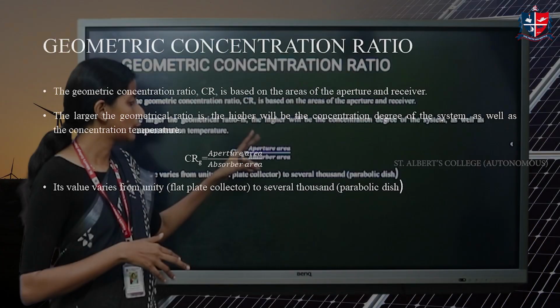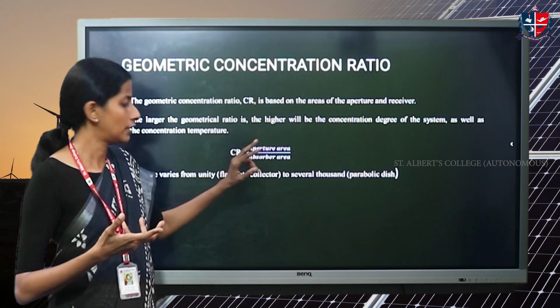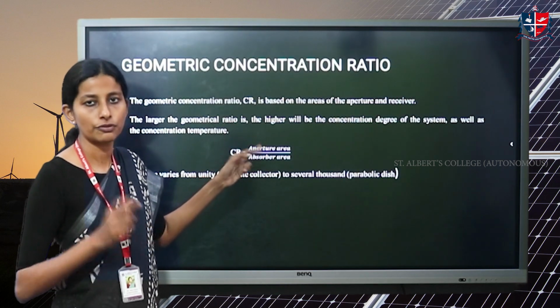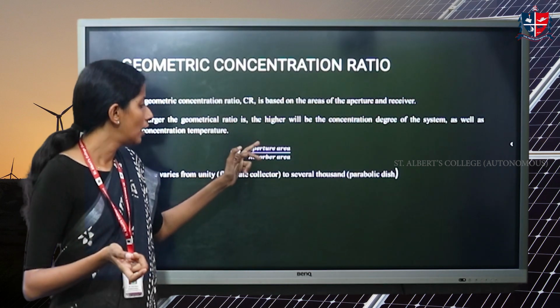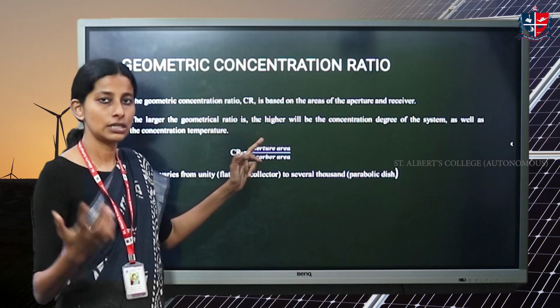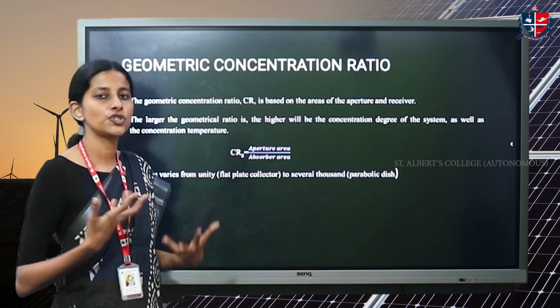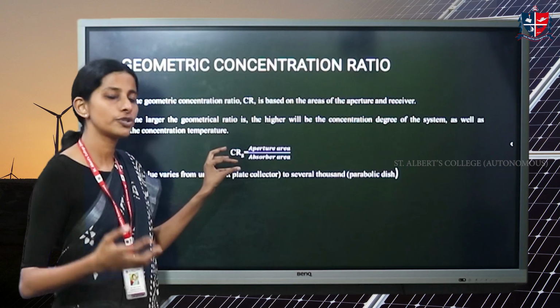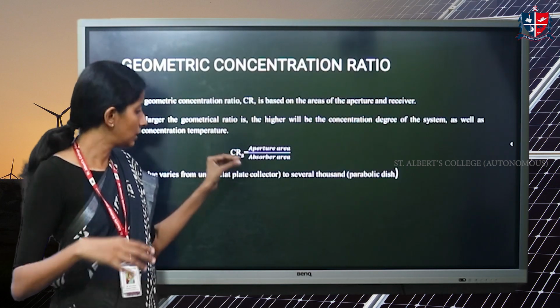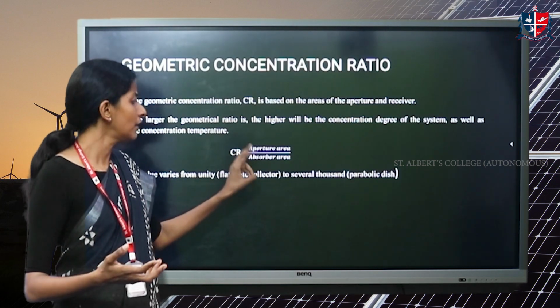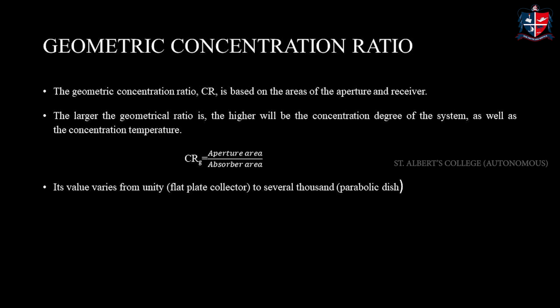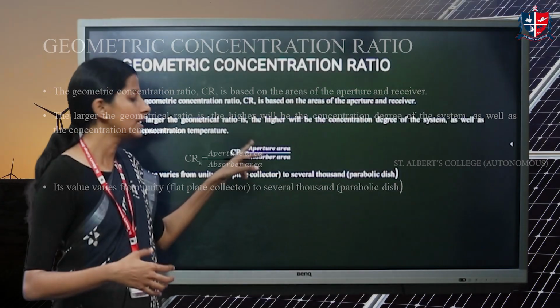Okay, we know which area is larger. Definitely the area at the numerator is larger for a solar concentrator. So as the aperture area increases substantially with respect to absorber, the concentration ratio will increase. It is always better to get a higher concentration ratio. The higher, the better. Whereas if you consider a non-concentrator, for example a flat plate collector, which is a non-concentrator, you are using the solar radiation as it is. There, both the areas are the same.